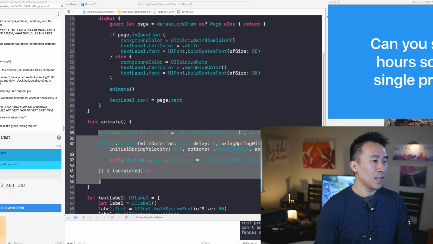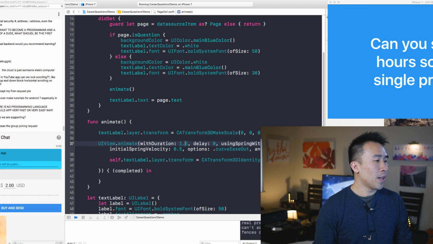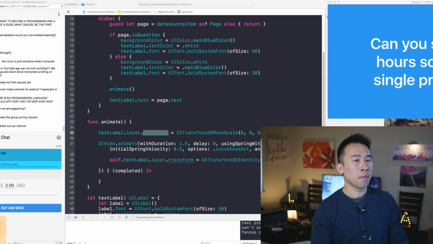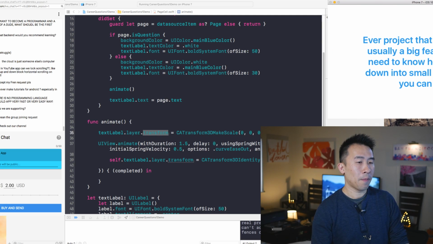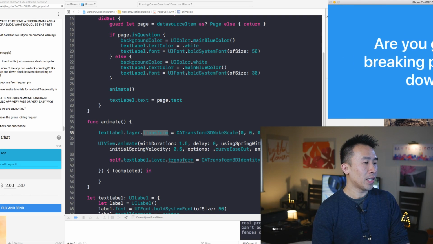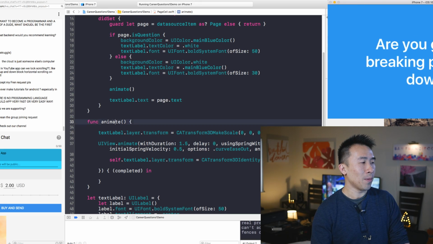So the animation calls a transform on the text label. That is pretty much this thing right here. Each one of these text labels that you see fills up the entire cell. Every time we scroll over, I'm just calling this function called animate.